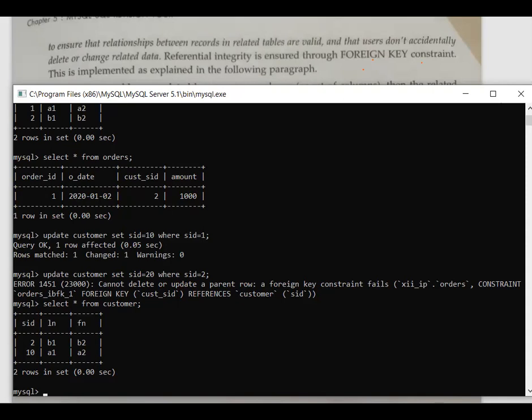Fine. So therefore, now see if I will delete from customer where SID is equal to 10.